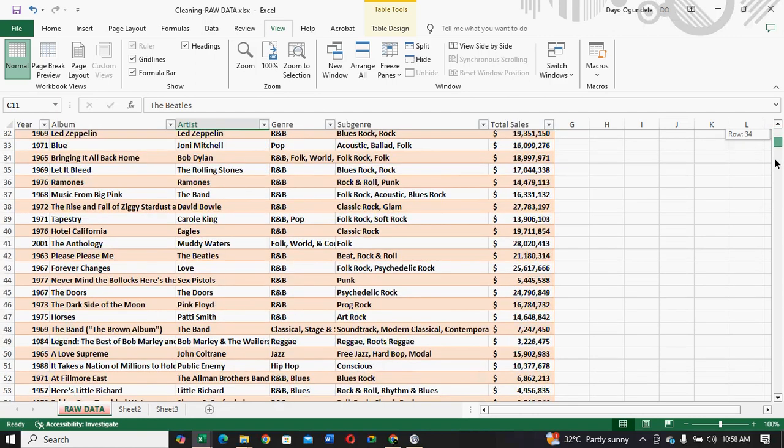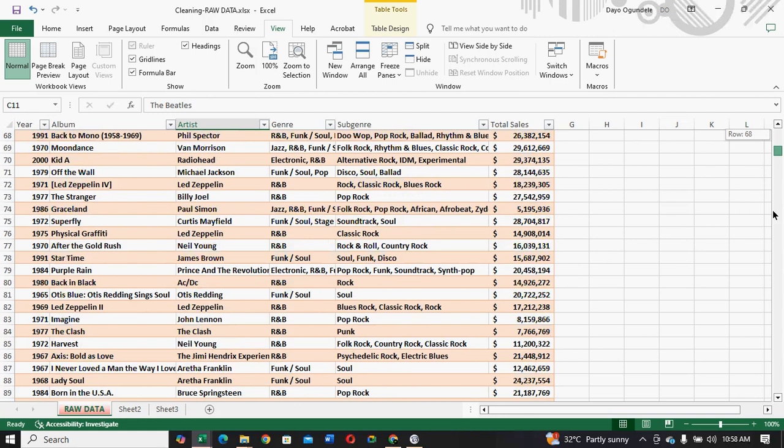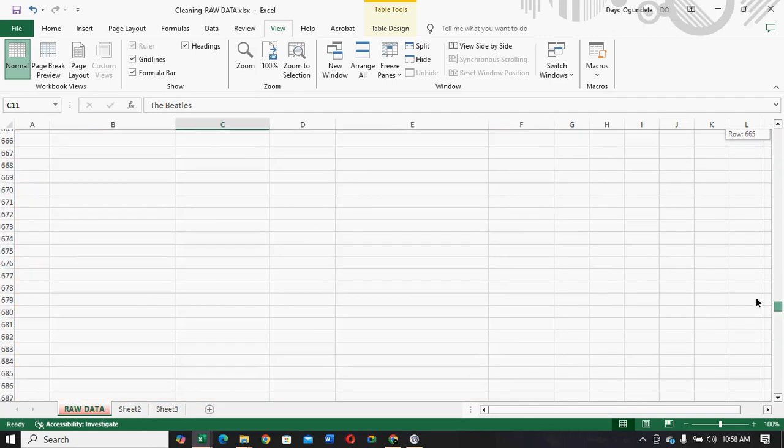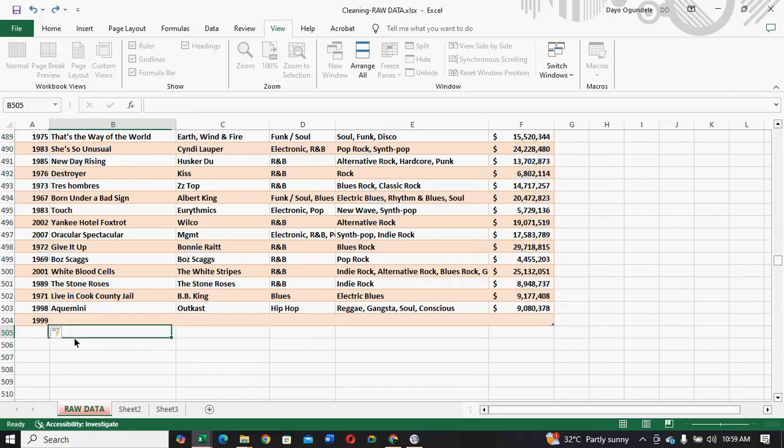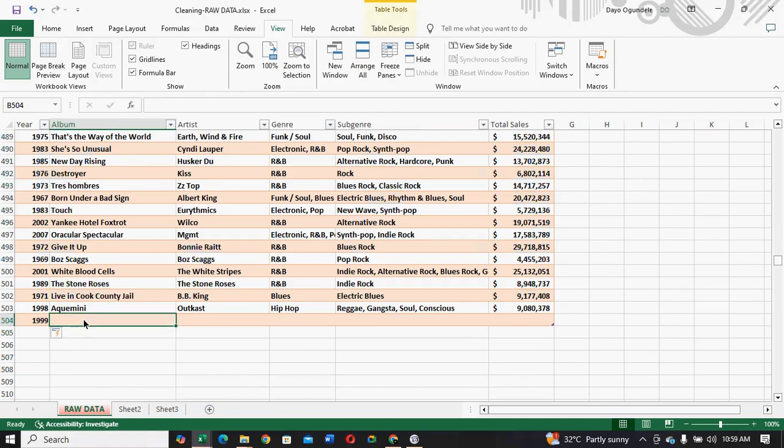Then before we enter the validation proper, let's say I just enter data here. Let me choose to enter 1999. It automatically extends this thing that I have. Can you see? Let's have a 1999. Here in 1999, the song is let's say Beautiful Day. The album is called Beautiful Day,